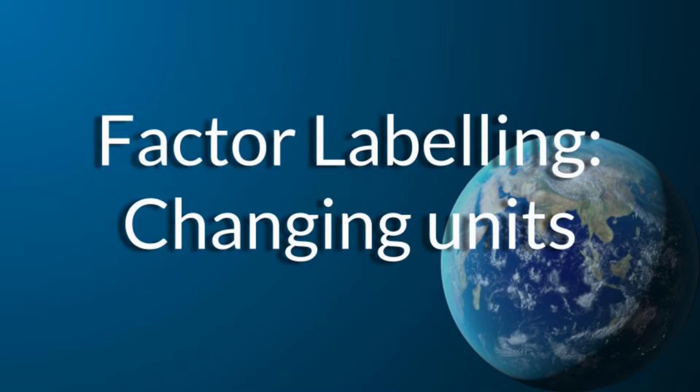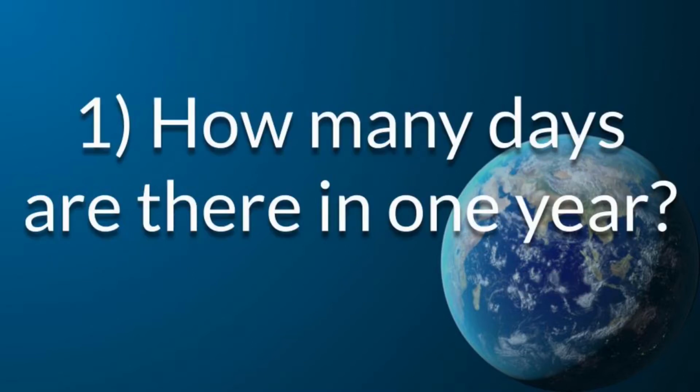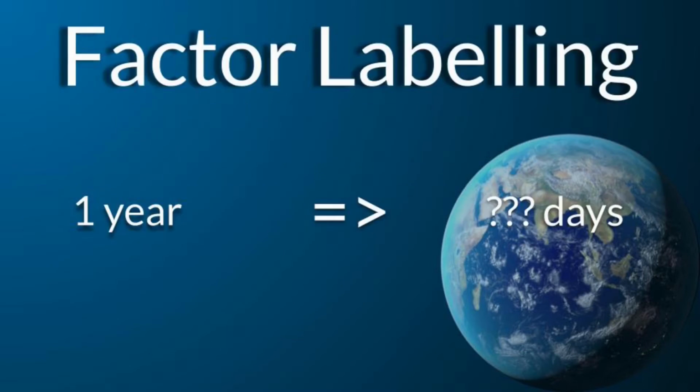Well, the simplest way to think about it is it's any problem where you start with one unit and end with another unit. So if I were to ask you, how many days are there in a year? That's technically a factor labeling problem because you're starting with years, 1 year, and we're going to turn that into a number of days. Now, hopefully, this isn't a very difficult factor labeling problem. I'll bet you actually know the answer right off the top of your head because the number of days in 1 year is